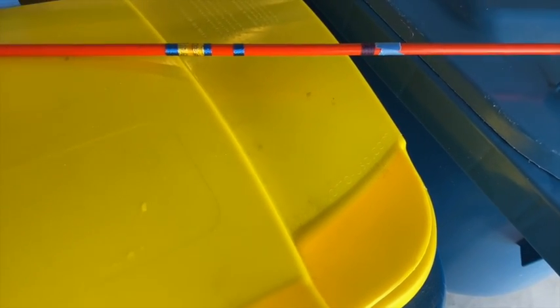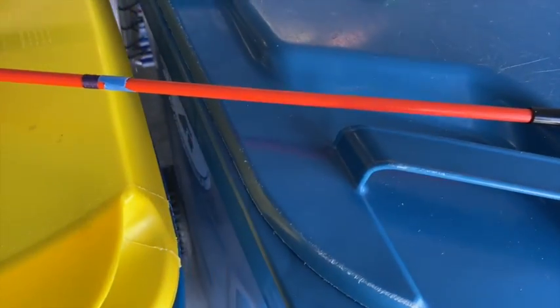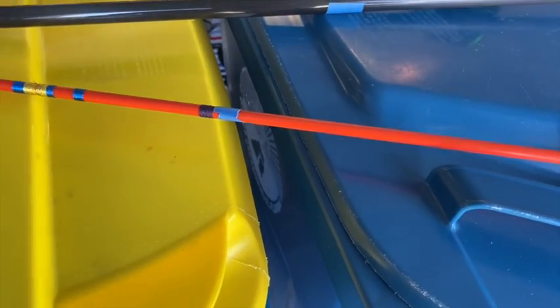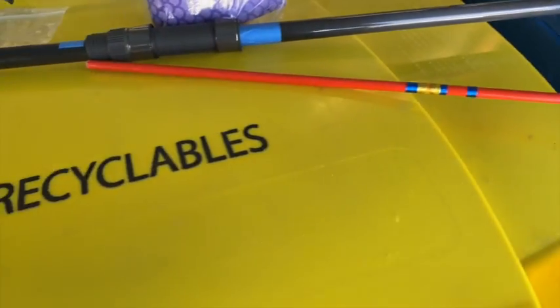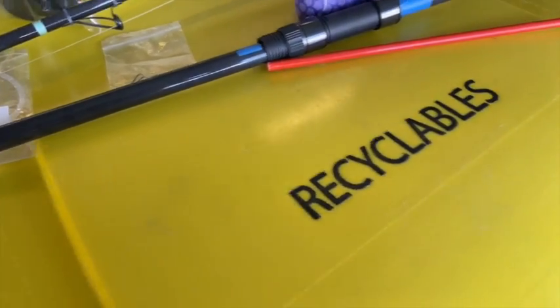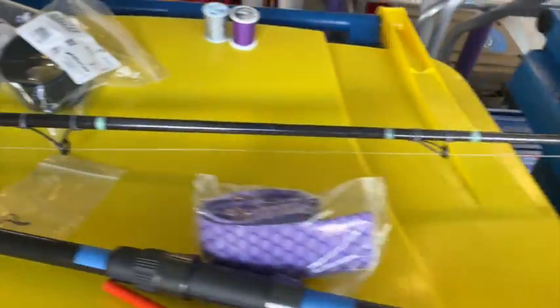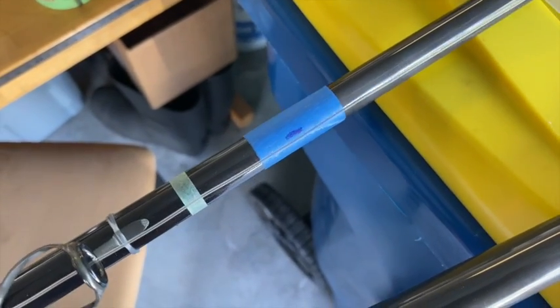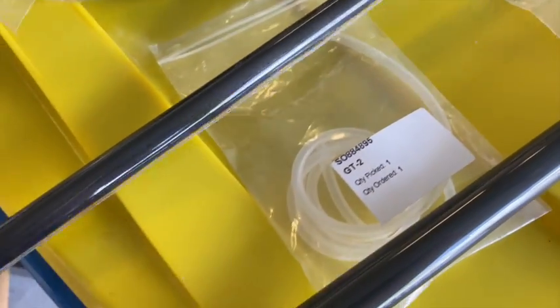This is definitely a hobby where you want to measure 50 times and cut once, or decide 50 times before you commit, because once you commit, you've committed. The other little trick: so I put all this together. I had all the guides on here lined up to the spine, so the same thing on the tip section here, or the top section of my blank. I found the spine on here and marked that with tape,